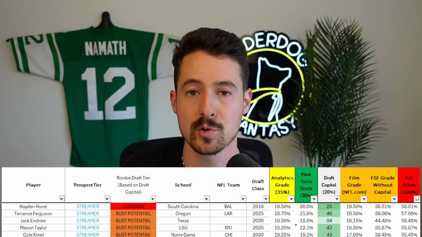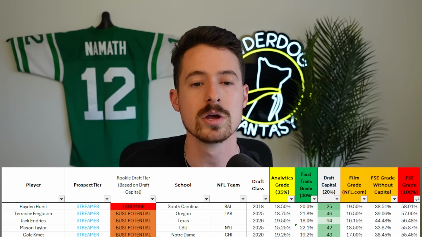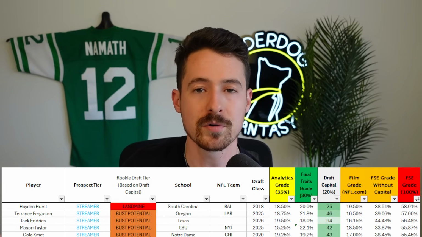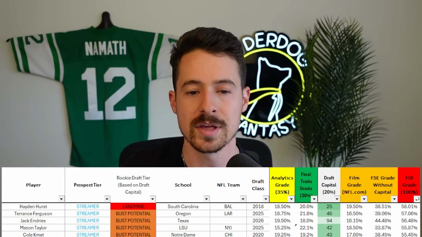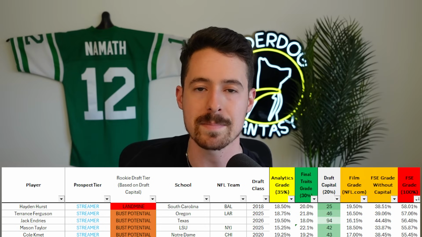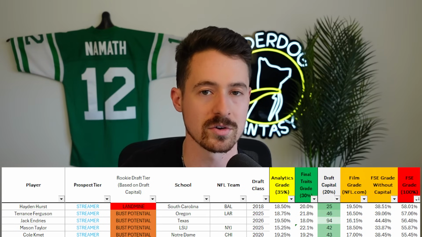But for a guy who is a true junior entering this year, could get a lot better, still very young, 21 years old, could really improve his draft stock into a clear, like, 2nd round caliber asset. These 2 guys, Klare and Endries, are like meat and potatoes, capable, solid prospects at the tight end position, but they're not going to blow the doors off of rookie classes.